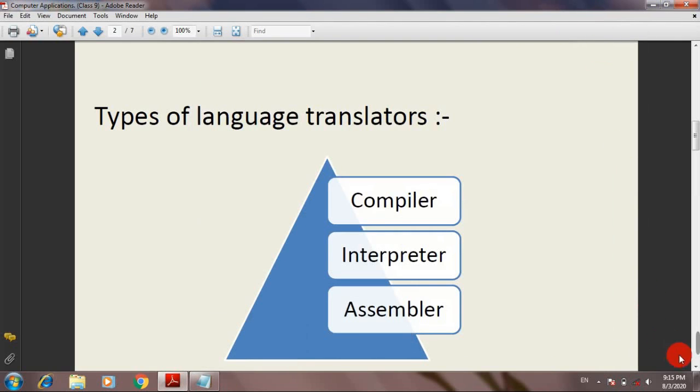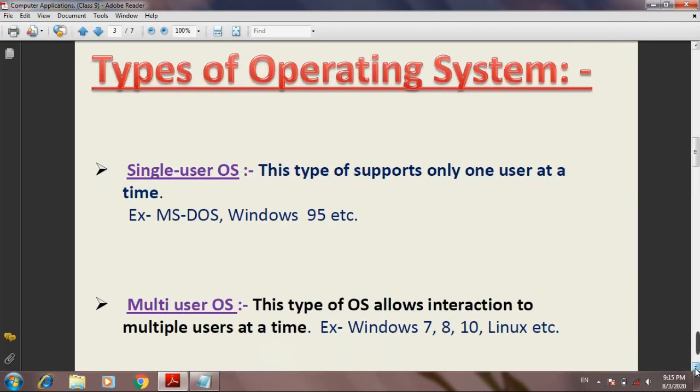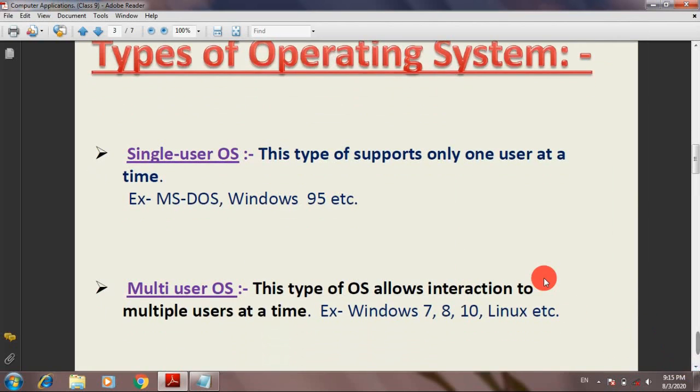So now let us move to our next topic, types of operating system. As we all know, an operating system actually connects the user to the hardware. So there are various types of operating system. The first one is single user OS.